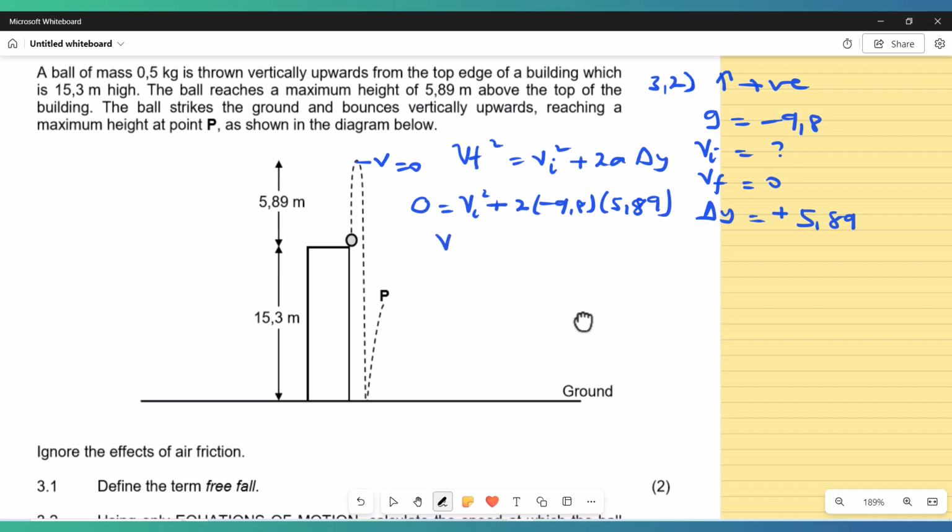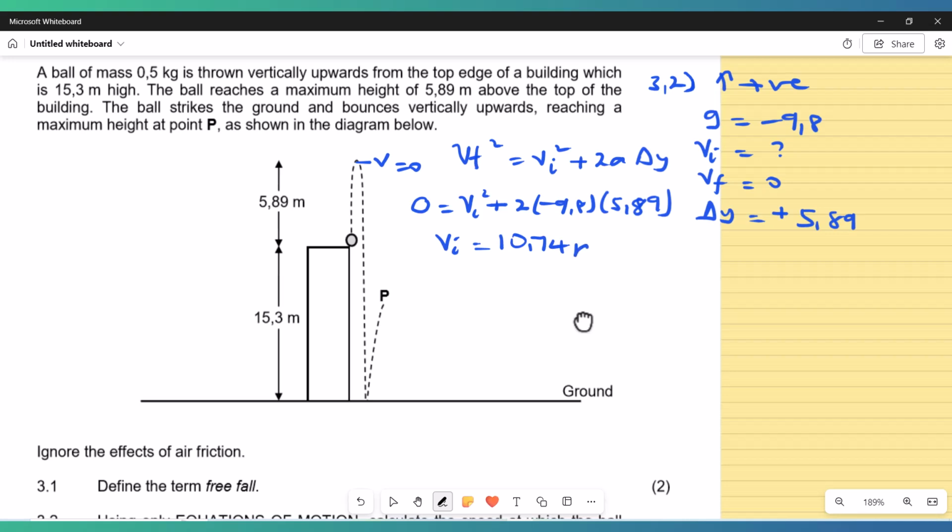Anybody with a calculator? What's our V initial going to be after taking the square root? Let's check it out. We are going to say square root of 2 multiplied by 9.8, multiplied by 5.89. So what do we get? It gives us here 10.74. That's my V initial,